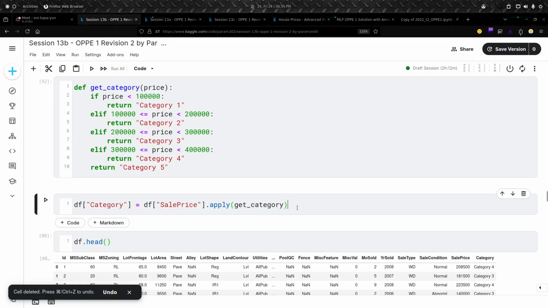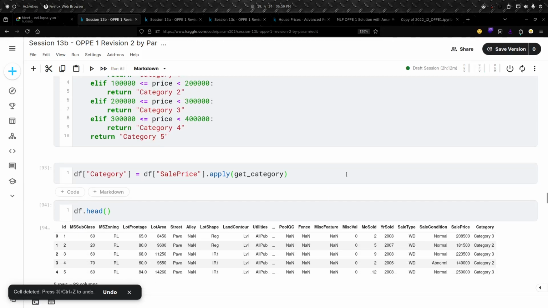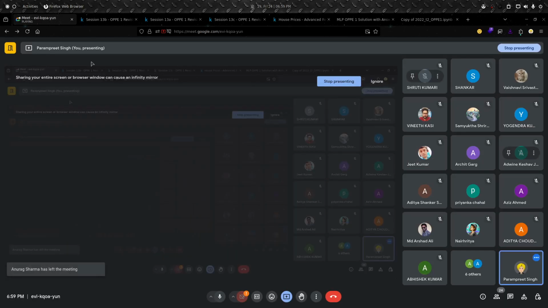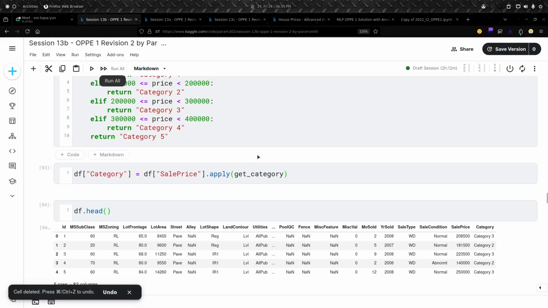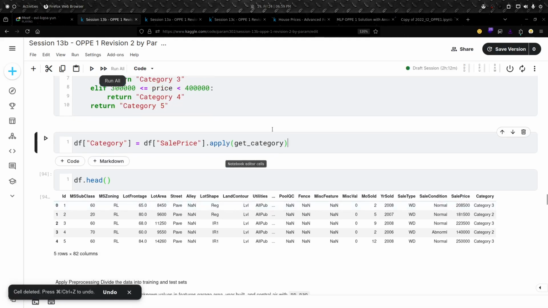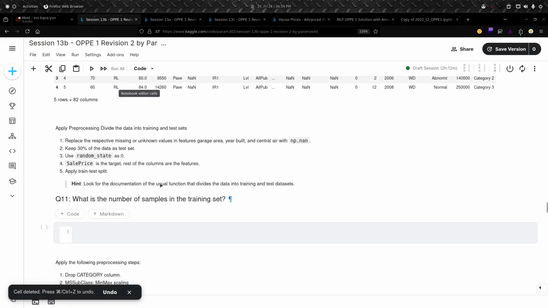I can also make these kinds of mistakes. Now if we check, we got the correct result. Thanks Jeet Kumar, you corrected it. Okay, so now it is corrected. All right, so now let's move on to this question.